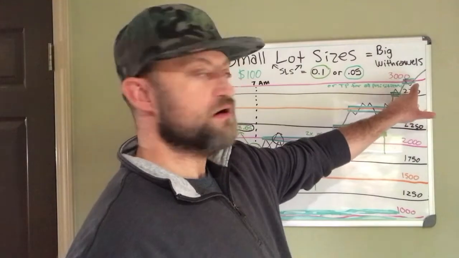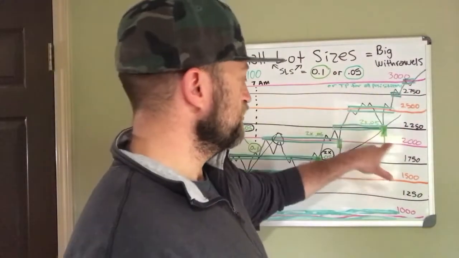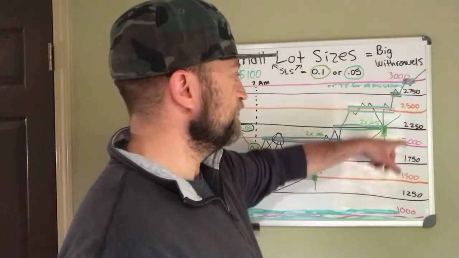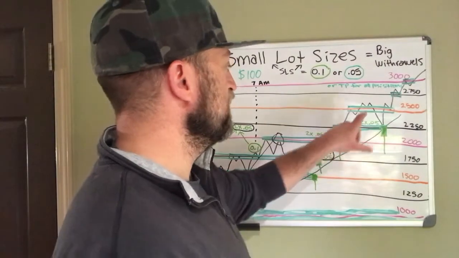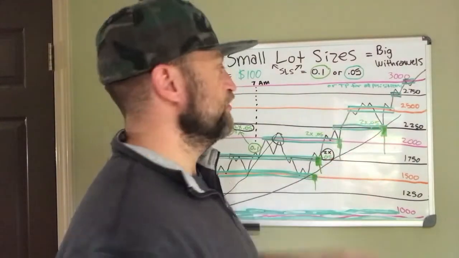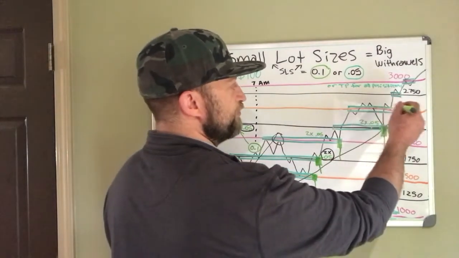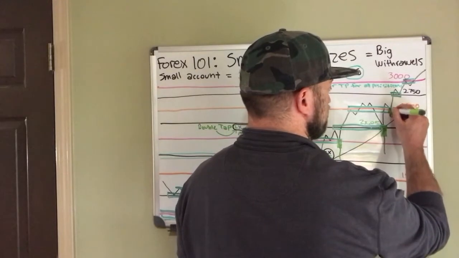Well, by the time it gets up to here, now these will be over 100, right? Because you bought under the 1,000 pip move, so these will be over $100 profit. This would be $100 profit. This would be, whatever, like 150 profit, or if you bought right here, it'd be like 125 profit. So let's just say you took another position right here,